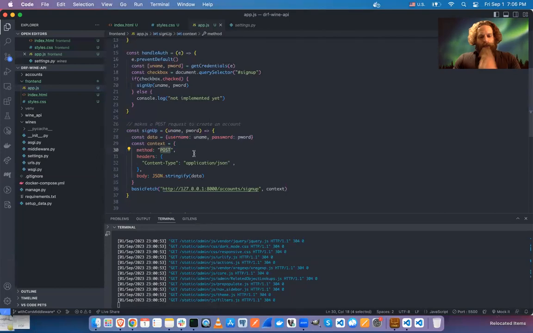And then we're going to make a post request, and we're going to let the API know that, hey, this contains JSON. We're going to stringify the body, which is this right here. And then we're just going to make a fetch request here to /accounts/signup. And if we look at the application code here,